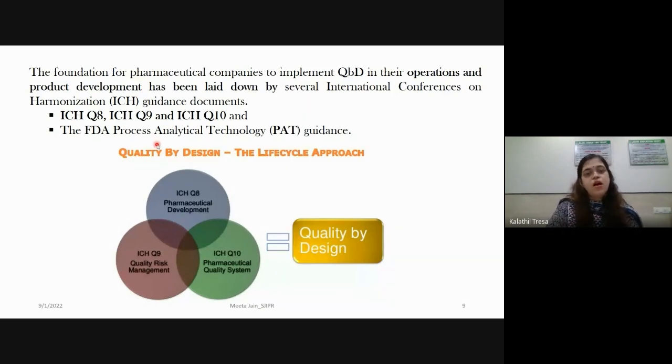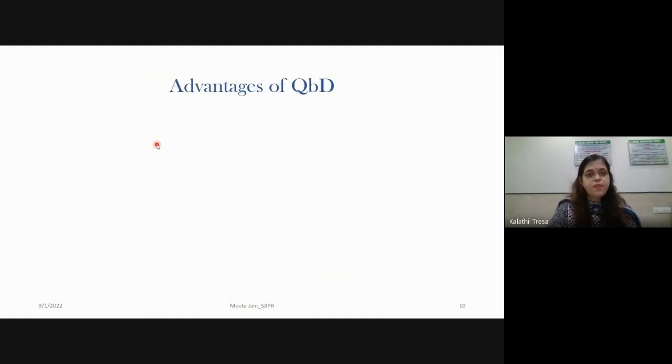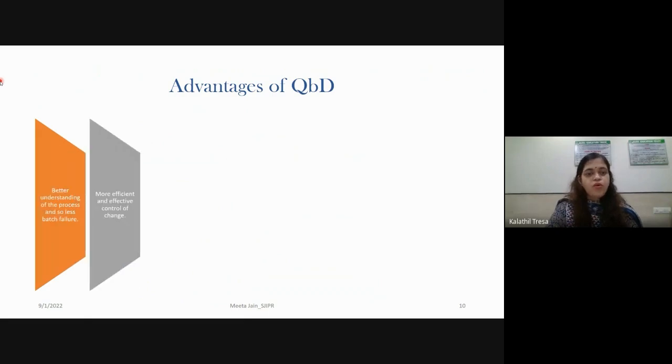Whereas another guidance, that is process analytical technology, is one of the tools of quality by design that is provided by FDA. So one of the advantages of QBD is, first, better understanding of the process, and so less batch failures. Then more efficient and effective control of change.